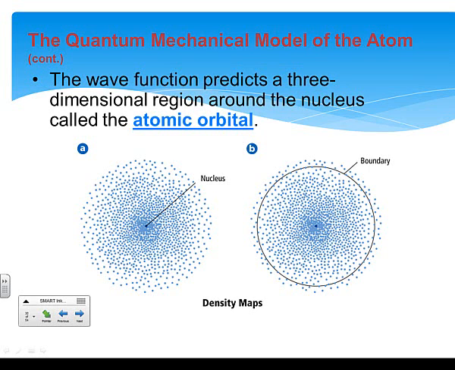Bohr's orbits explained hydrogen. De Broglie led scientists to think of electrons as both particles and waves. Schrodinger's wave equation predicted the existence of atomic orbitals containing electrons. So all of these guys contributed to what we now know and what we study and how electrons are arranged